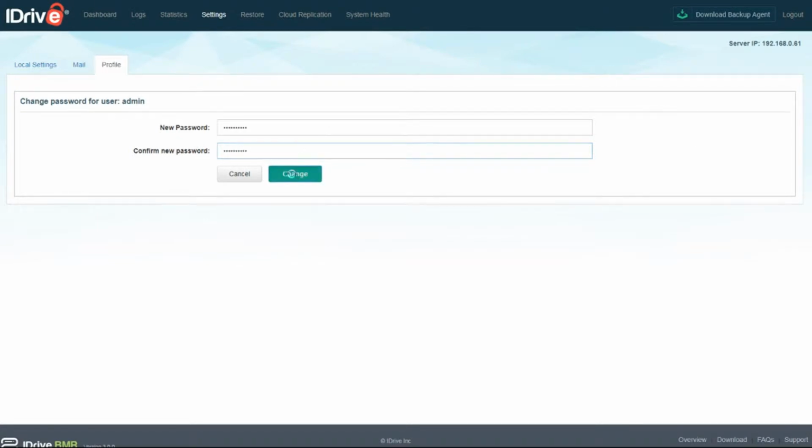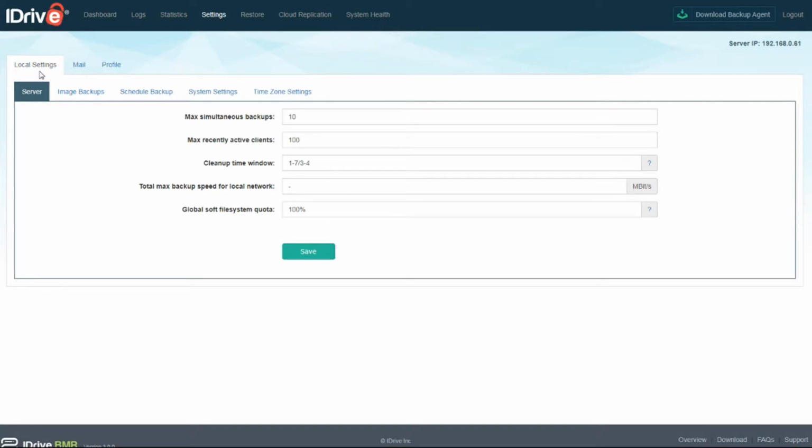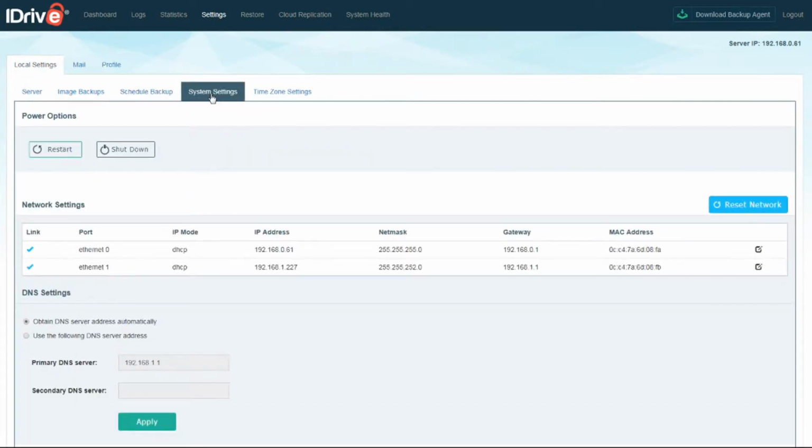And click Change. Next, you will want to configure your device's network settings. To access them, go to Settings, Local Settings, System Settings. Your BMR can be associated with multiple networks using both DHCP and static addressing modes. We recommend setting up at least one interface to use a static IP address so that it can be reliably